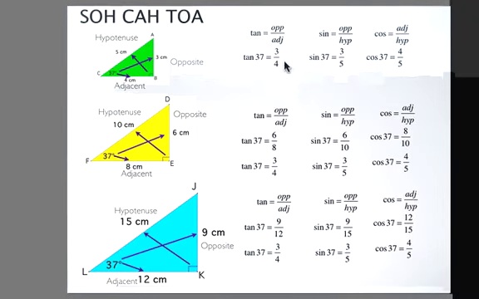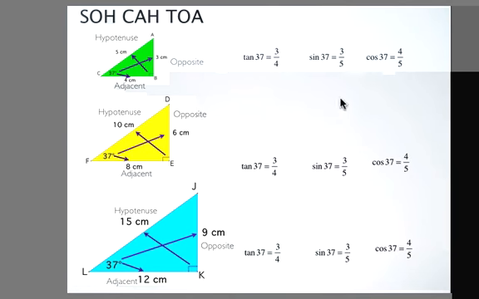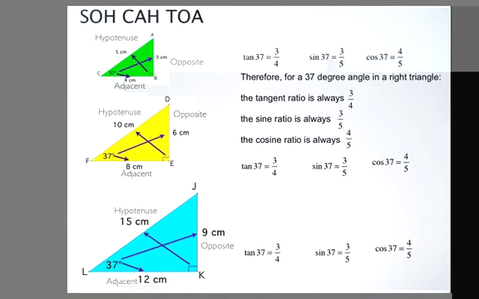Now, what you should notice here is that in each case, the tangent ratio for the first 37-degree angle was 3 over 4. For the second 37-degree angle it was also 3 over 4, and the third tangent ratio was also 3 over 4. So we can make a generalization here, and if I take out all the other information, what we can